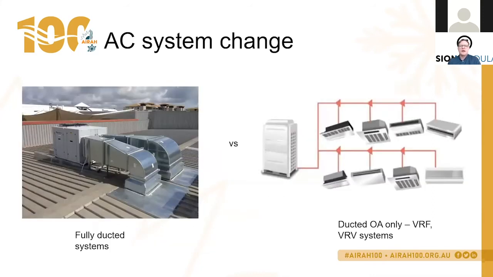Otherwise, you can look at different air conditioning systems. So in the case study, we had a fully ducted system, and we had a pinch point, and we had some difficulty being able to get ductwork through that pinch point. If we change to a VRF or VRV style system, then we only have pipe work potentially going through that pinch point, and we could have